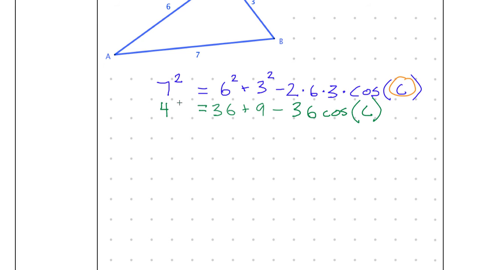49. 49, beautiful. All right, 49, and now I can combine like terms here. 36 plus 9, what is that? Jessica, 36 plus 9. 45. 45, thank you. Minus 36 cosine of capital C is equal to 49 on the left-hand side. I'm just simplifying step by step by step. I can't really simplify the right-hand side anymore, so now it's time to go with reverse PEMDAS and undo things